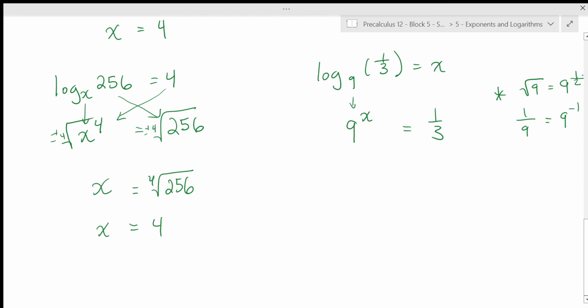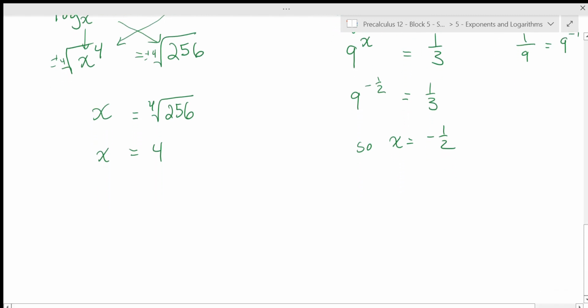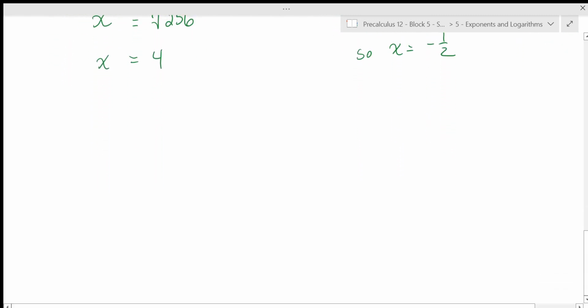So we actually know here that 9 to the negative 1/2 equals 1/3. So x equals minus 1/2. And that's the power that we are looking for. Okay. So if we're going to graph a logarithmic function, because a logarithm is a function just like all those